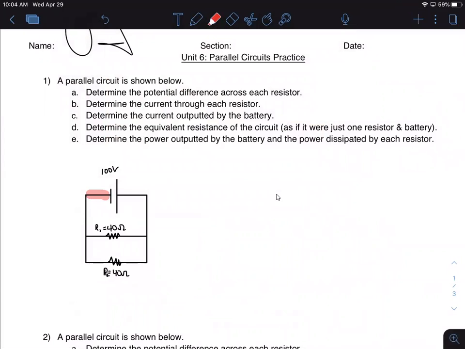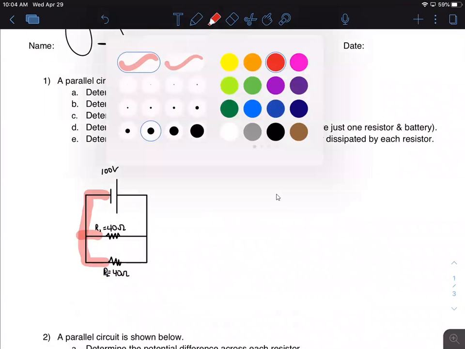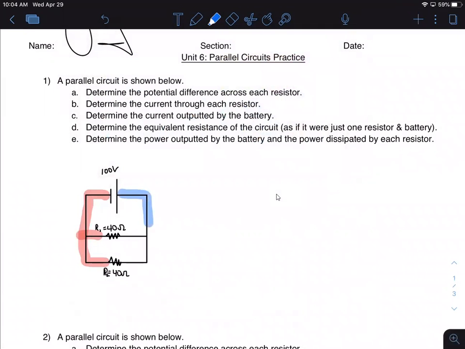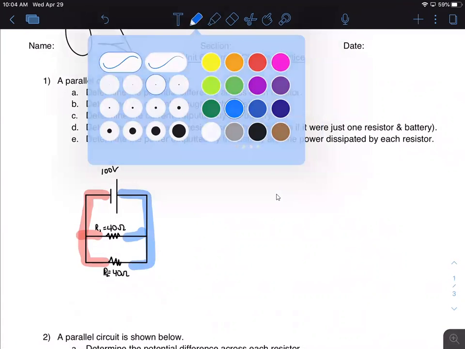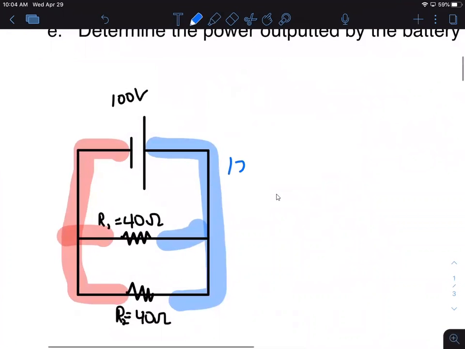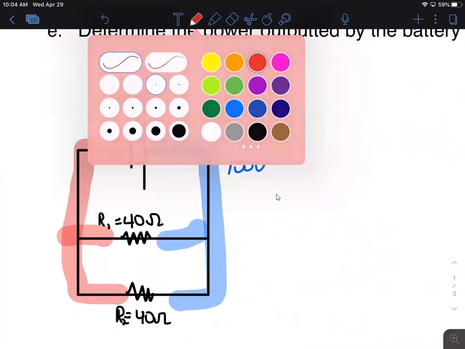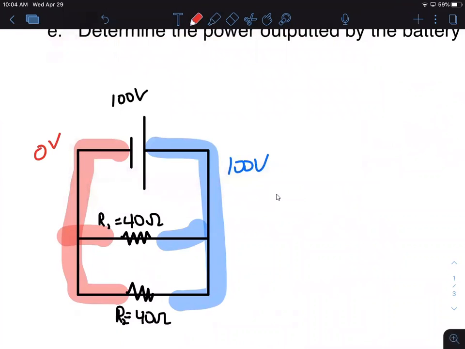I'm going to say this is my zero potential on one side of the battery. And this will be my, is that 100 volts? 100 volts. 0 volts on this side. So 2 loops. An electron could gain 100, lose 100 here, or it could go around, gain 100, and lose